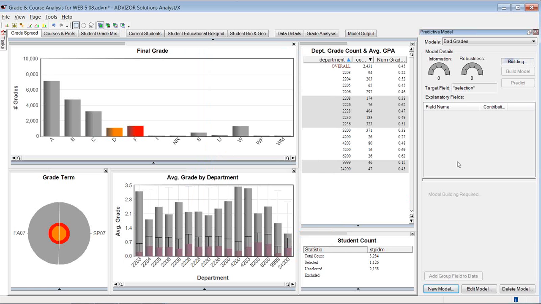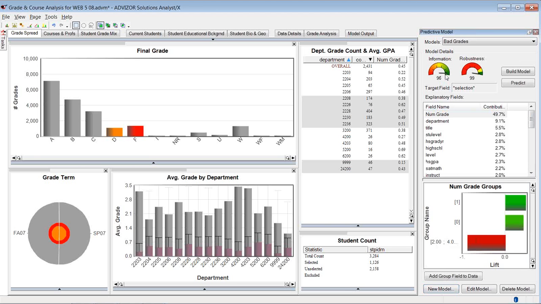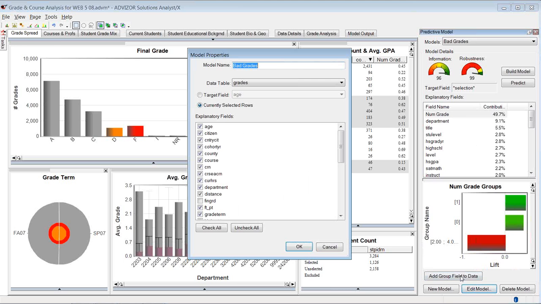It's going to pick the one that best fits this data and come out in a few seconds with some results. So the model runs, and it's going to complete, and we'll see from an information perspective, are there enough descriptive characteristics to describe the target? Yes. Are there enough rows so that the model is predictive? Yes. What's the biggest factor? The number grade explains 50% of this population, and it looks like lower. Well, wait a minute. That's the same thing as the letter grade, so I actually should have excluded that as an explanatory factor. So let's edit the model, take the number grade out,